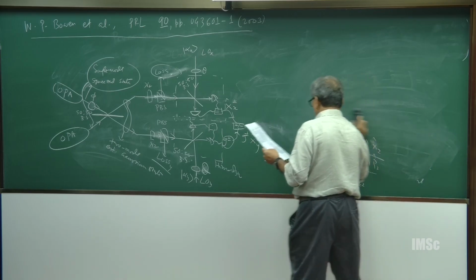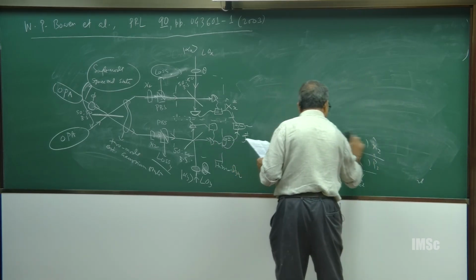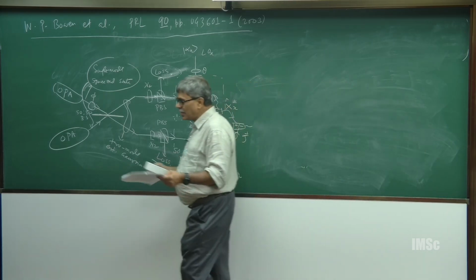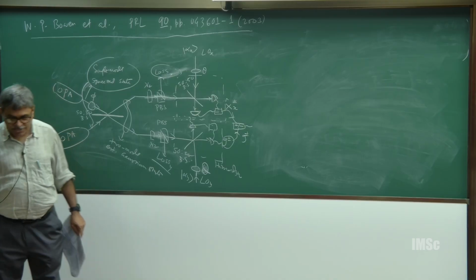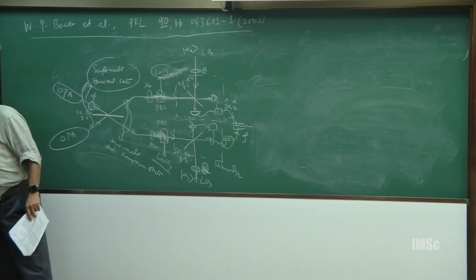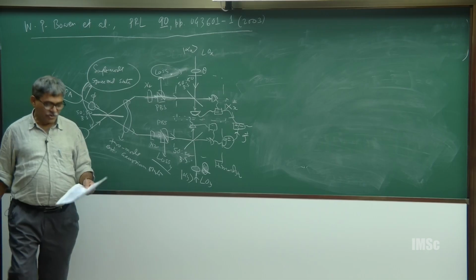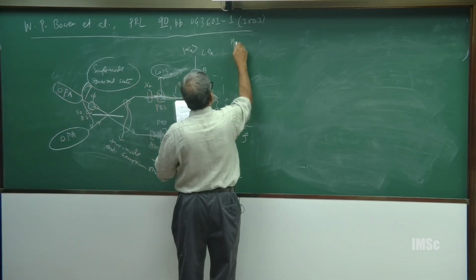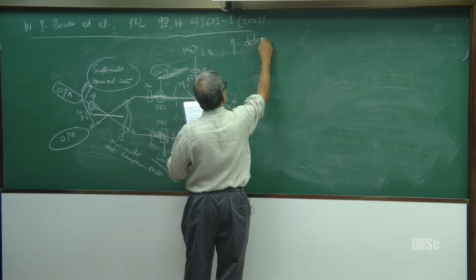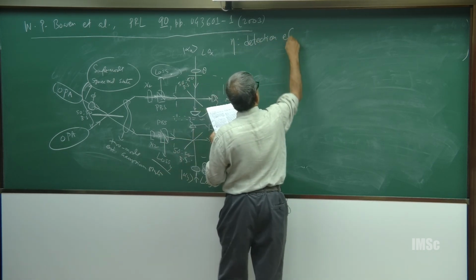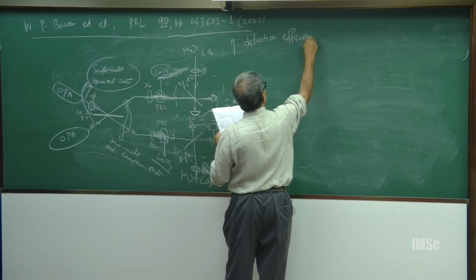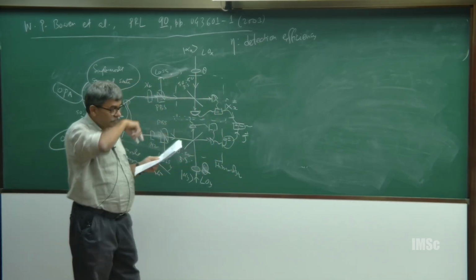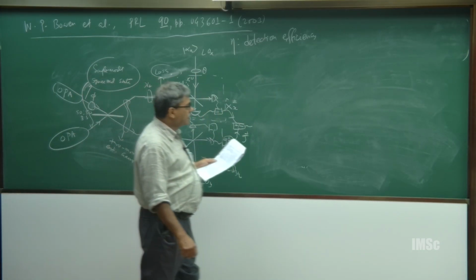Unfortunately I am not going through all the details, but one should look at this paper and sit down and do all the calculation. In principle one can do it, it is not difficult, but one will have to do that. So basically if you use eta as the detection efficiency, that means eta equal to 1 means 100% efficient. Then this criteria,